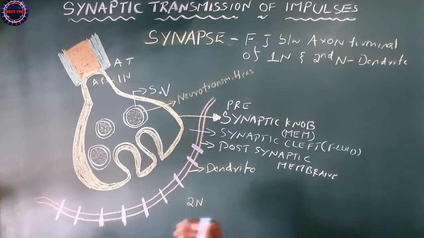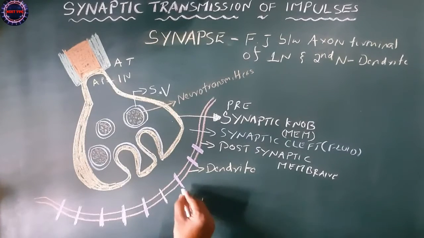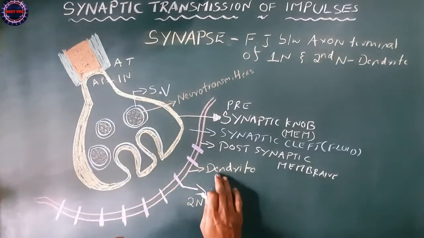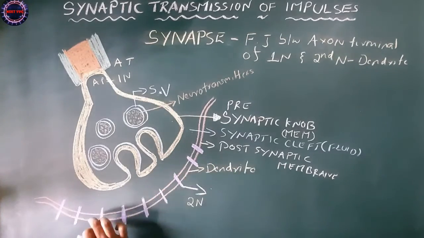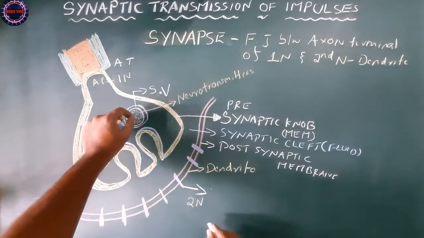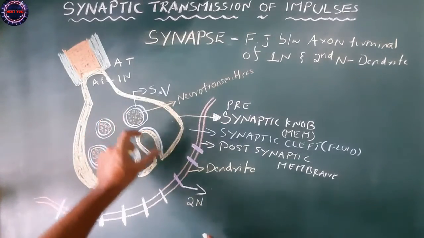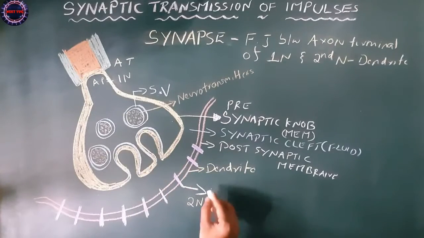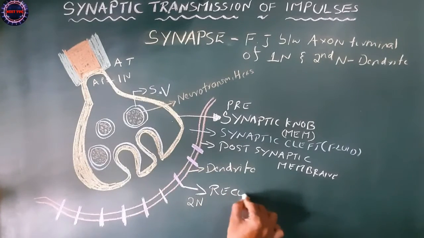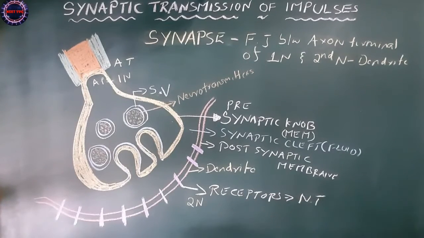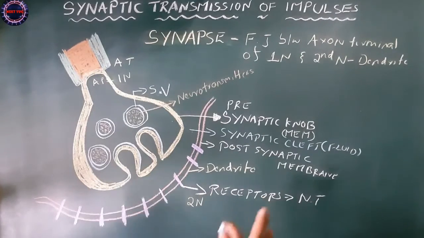That is the postsynaptic membrane of another neuron. Here in the purple color you could see specialized receptors on the plasma membrane of the dendrite, and these receptors are very specific to a specific neurotransmitter. So the neurotransmitter of one particular neuron is going to bind to these receptors present within the postsynaptic membrane. So let me write receptors. We have receptors for neurotransmitters. Now let us see the mechanism of how this transmission of impulse takes place.